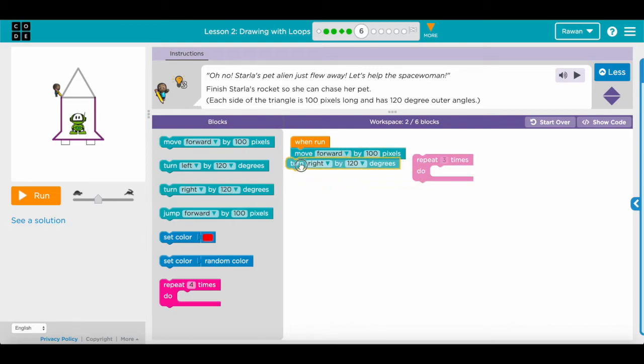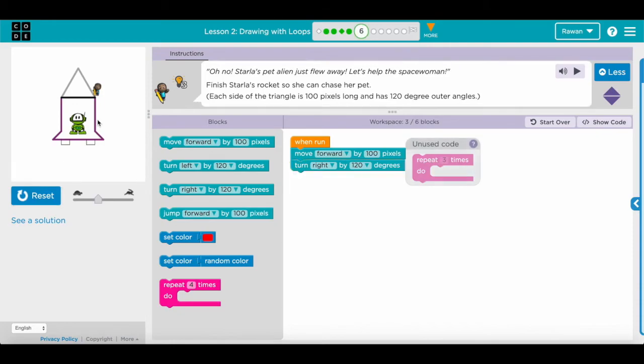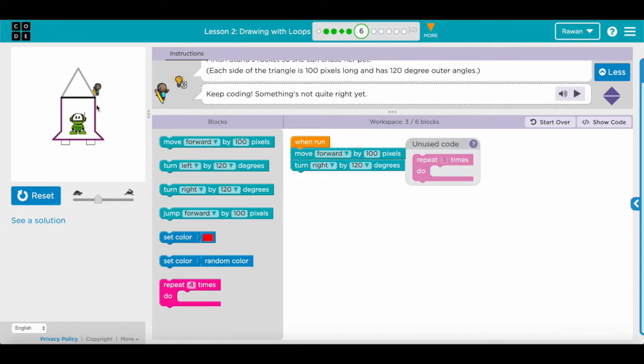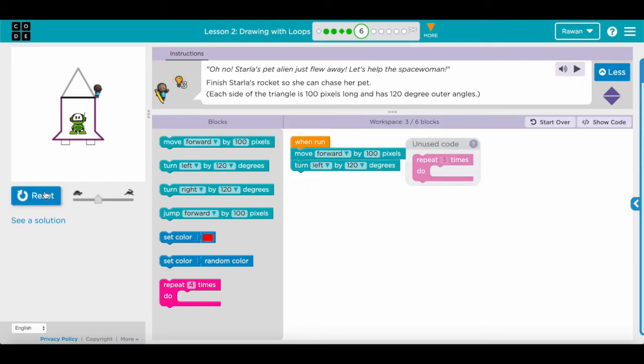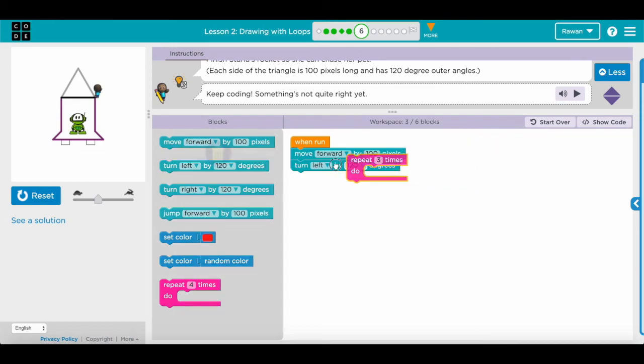So if I put it that way, for example, we need to run it first to see, is it the correct way? It's gonna go down this way. So wrong. It should be left. Now let's give it a try. Yes. Now we put a repeat block